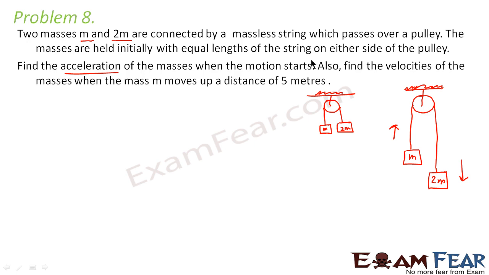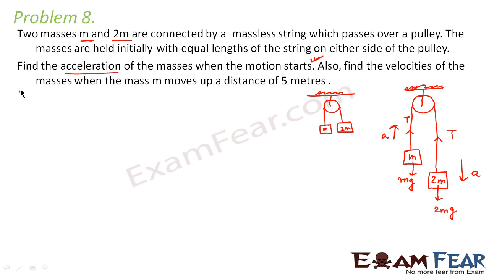Let us solve the first part first, then we'll look into the second part. The first thing we'll do is draw the free body diagram for both the bodies. For this mass, there will be mg acting downwards. Here the mass is 2m, so it is 2m into g. Tension will be acting along this direction. In this case it will be mg and this will be tension T. Let us suppose the acceleration is a. Even here it is a. So it is moving down, and it is moving up.